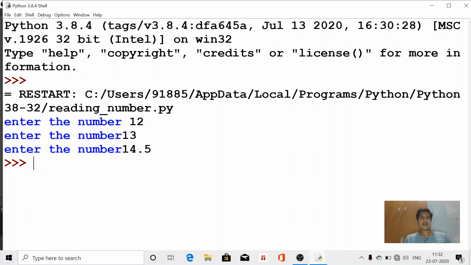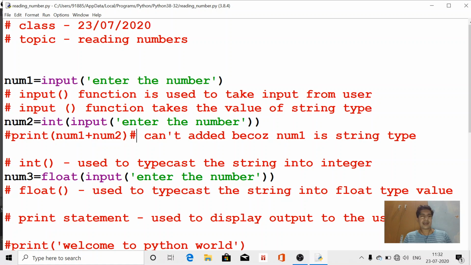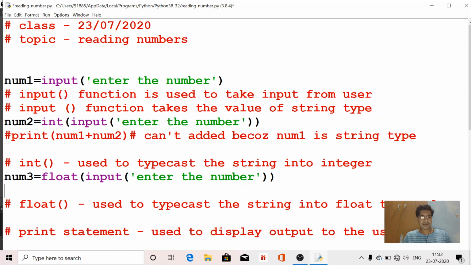Here you can see all the numbers are accepted. Now if we are going to add num2 and num3, now see there is no error.